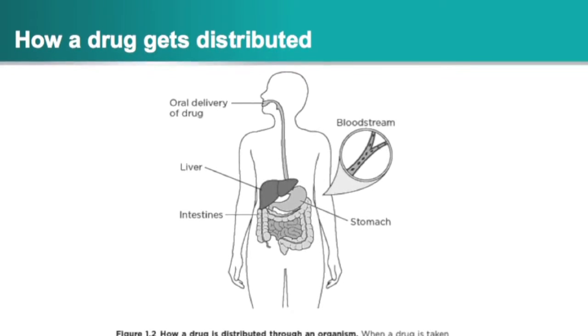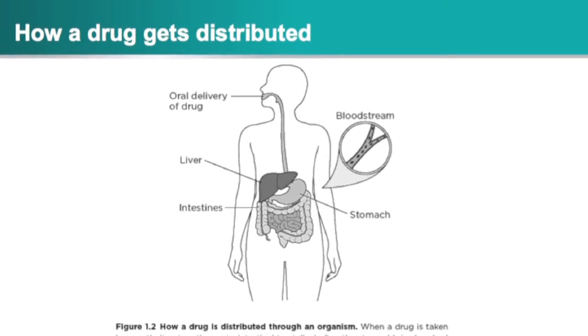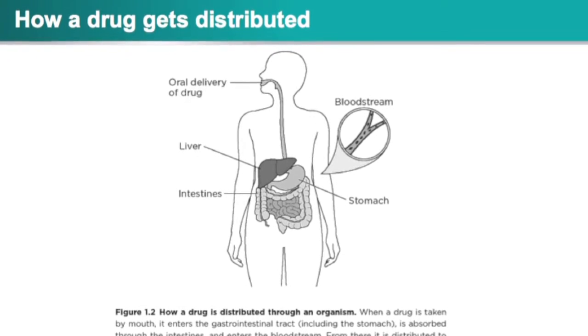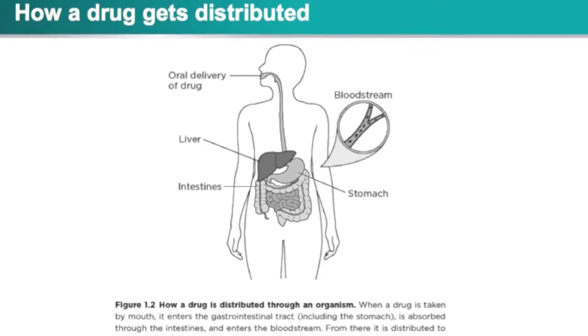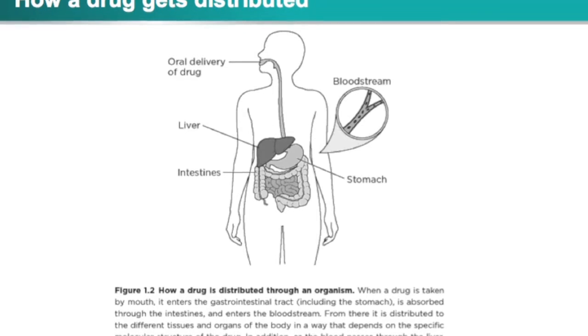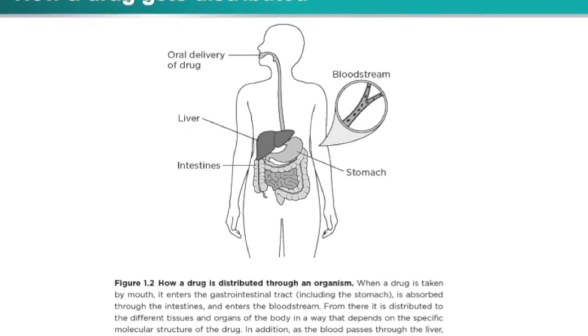Drug metabolism science is where you look at how a drug gets absorbed, distributed, metabolized, and excreted in the body. A drug is taken by mouth, it enters the GI tract, it gets absorbed and enters the bloodstream. From there, it'll get distributed to the different organs in the body, and then it will get metabolized in the